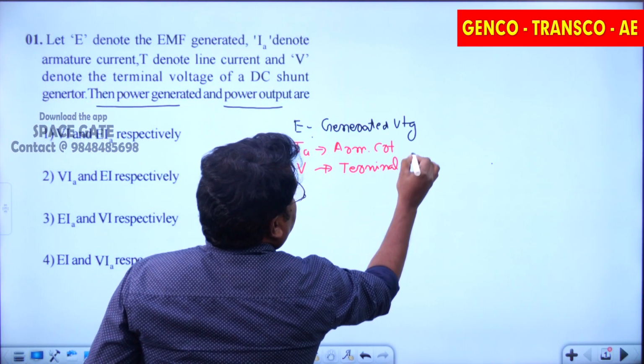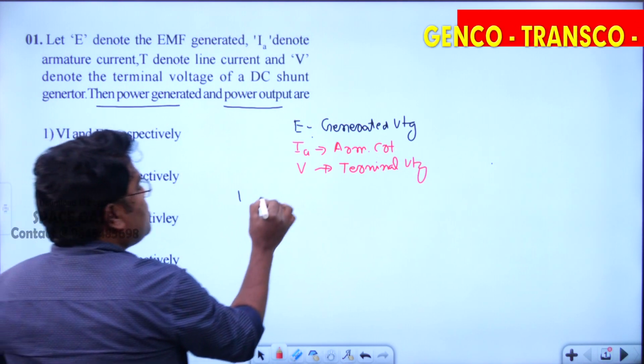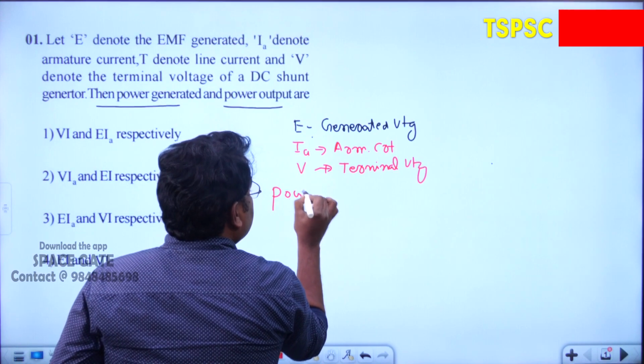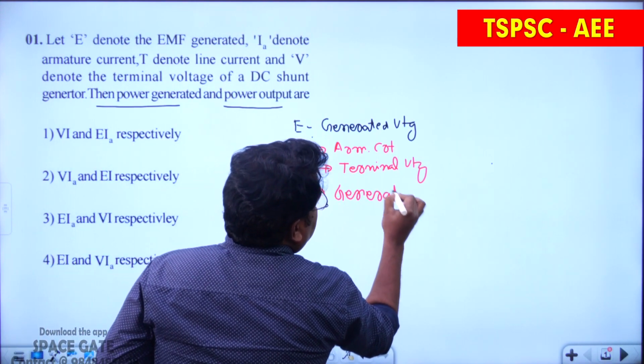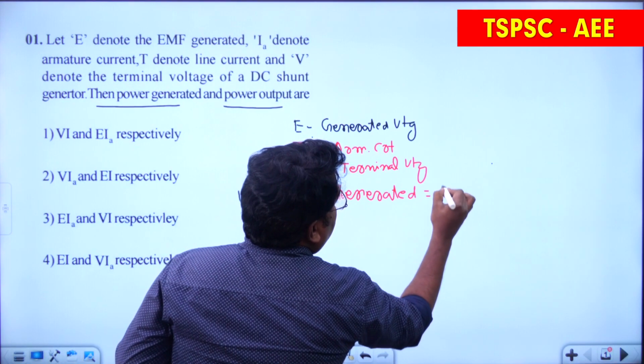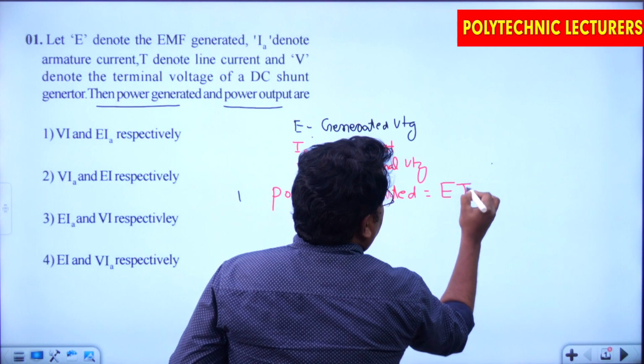We require the power generated in the armature. So the power generated in the armature of the DC generator is equal to the generated voltage multiplied by the armature